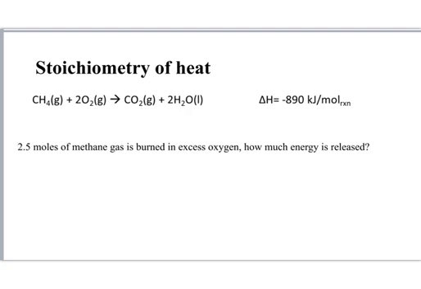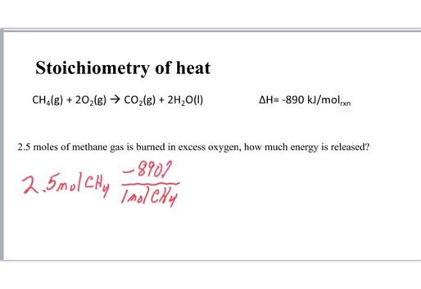So setting that up, I have 2.5 moles of CH4, and I know that from this reaction, for every 1 mole of CH4, it's asking me about energy, so I'm going to get negative 890 kilojoules of energy for every 1 mole. And if I crunch those numbers, the moles cancel out, so it's negative 890 times 2.5. I'm going to get negative 2225